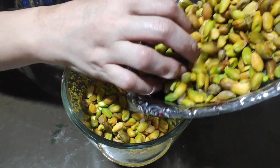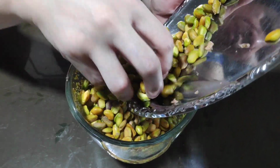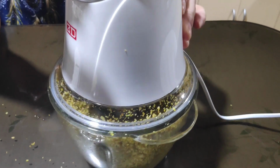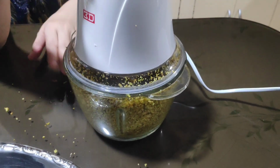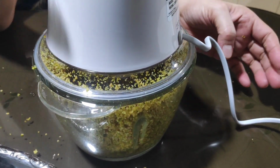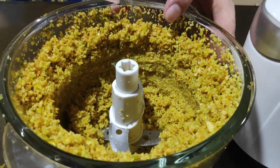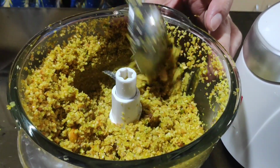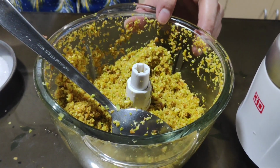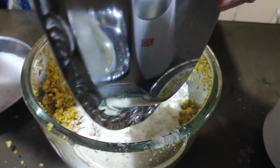Let us now put our pistachio nuts into a food processor. After a few minutes, our nuts are now refined. They are now refined, and we are now ready to put our other ingredients like our powdered milk,